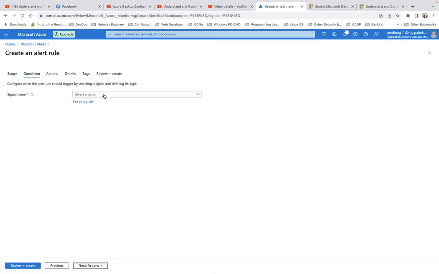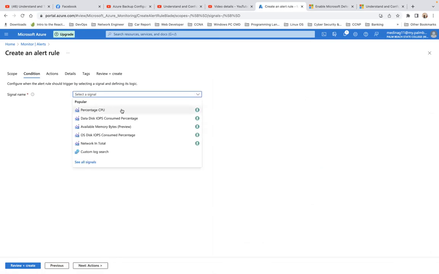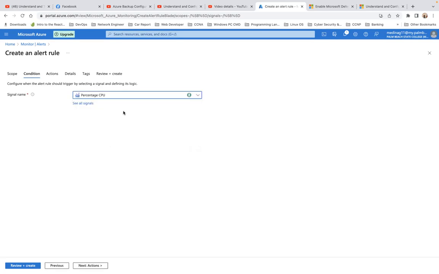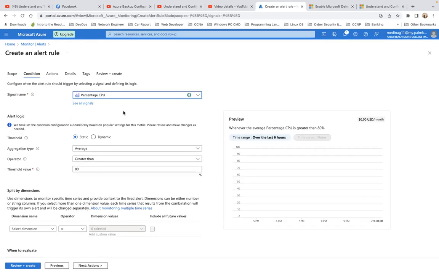Okay, so for the configuration signal, this is where we could check the CPU percentage, the data disk IOPS consumed. Let's say we want to choose this. Now we could set a rule on the average that we want the CPU to reach in order for it to send us